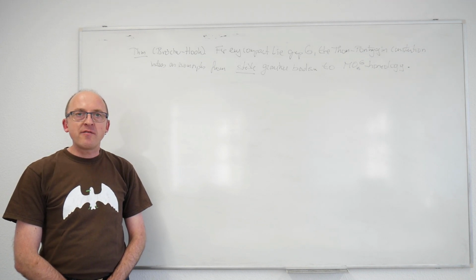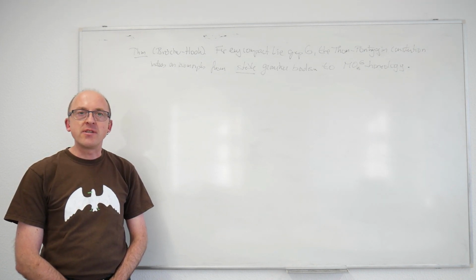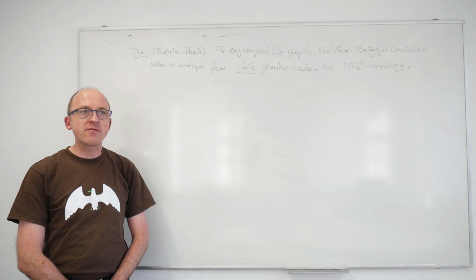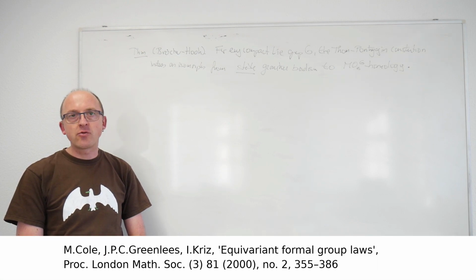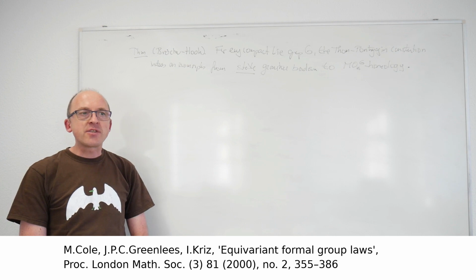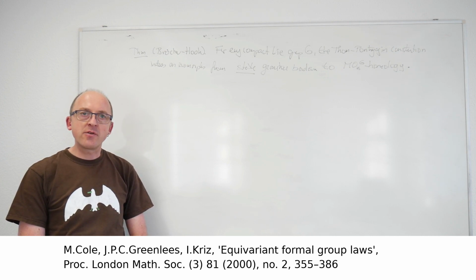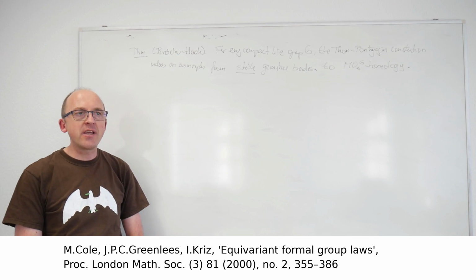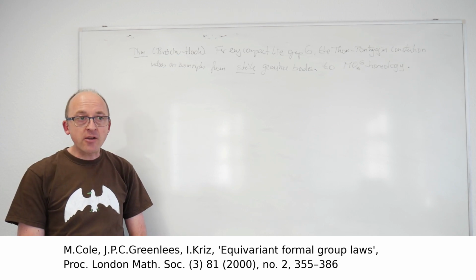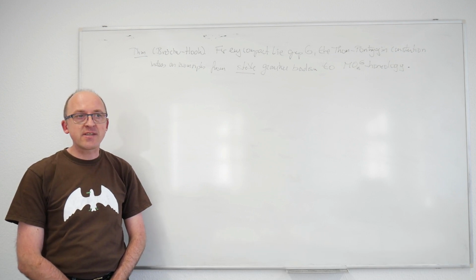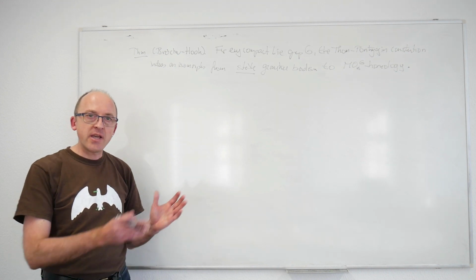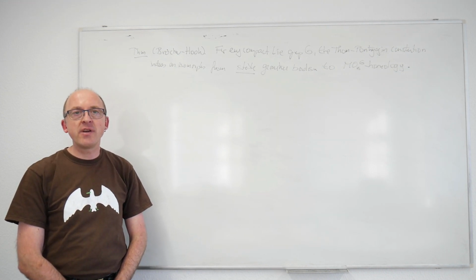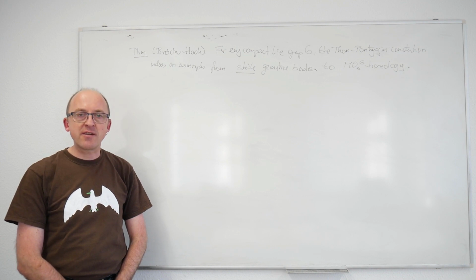Already some time ago, people have studied whether there are equivariant versions of Quillen's theorem. So there were definitions, for example, one proposed by Cole, Greenlees, and Kriz of what equivariant formal group laws should be. Here you have to restrict the compact Lie group in question. So if you're interested in the integral version, then the compact Lie groups should be restricted to abelian compact Lie groups. The reason for this is that then all irreducible complex representations are one-dimensional. In the MO version of the story, you have to restrict to elementary abelian 2-groups. The reason is that for those, the irreducible real representations will all be one-dimensional.